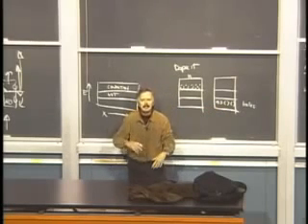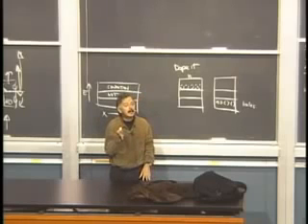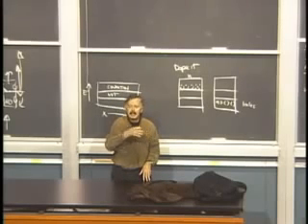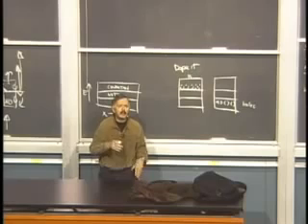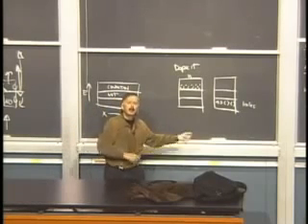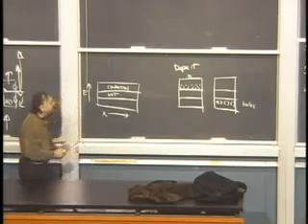Because now with a few empty seats, I say move over, and if you find a seat where you can move over, then someone else sees your seat's empty and they can move over. So you can actually get some current flowing because there are a few of these empty seats, these holes.